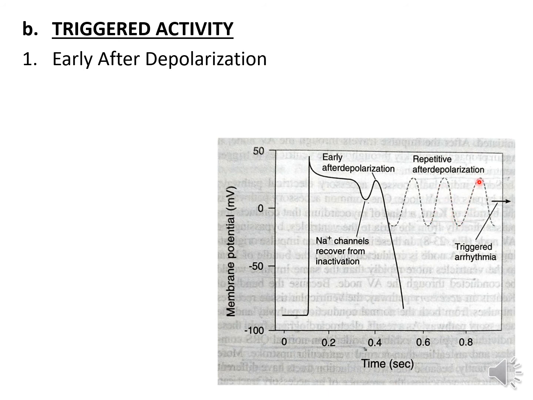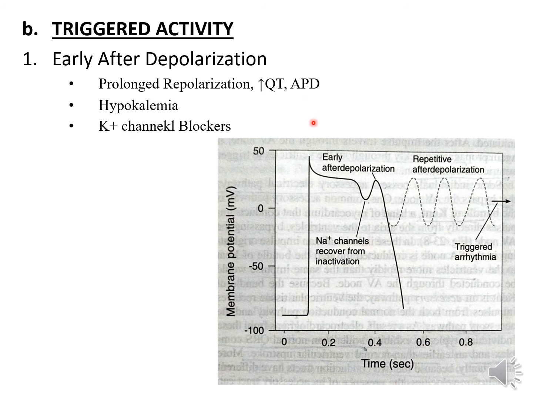Now, if the amplitude of these membrane oscillations is large enough, they may stimulate the neighboring cells, and this may result in a serious type of ventricular arrhythmia, torsades de pointes, that if not treated immediately, may even result in death of the patient. So there is high risk of early after depolarization whenever repolarization is prolonged, which is seen on ECG as a prolonged QT interval or action potential duration.